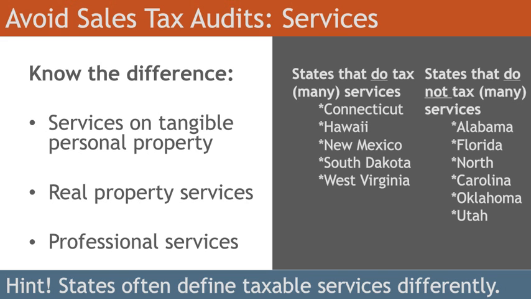as a taxable event. So, one of the things that we certainly see is that the distinction between services related to tangible personal property, TPP, like installation, repair, warranty services on things like equipment, could be taxed differently than real property services like construction or remodeling services or things like that. Add to that a third category, a third class of services that can be taxed differently, which is professional services. So consulting services or computer services, things that are in the professional service category can be taxed differently in different